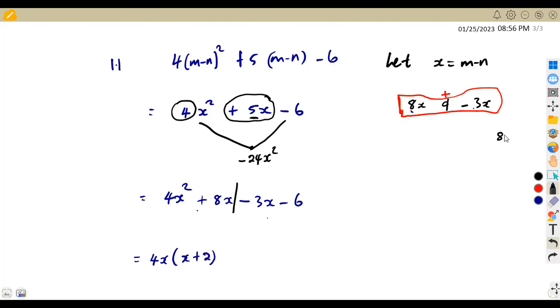So you can actually divide 8x over 4x like this. x and x will cancel, this and this will cancel, that's a 2. All right, from the other part,